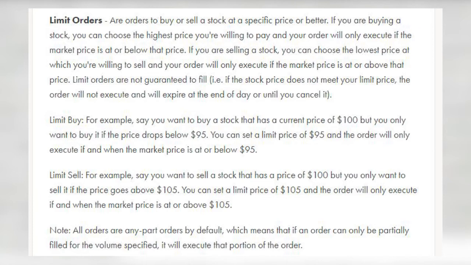The downside to limit orders is that since you set the price, the stock may never actually reach those prices and your trade might not go through, depending on, of course, what time frame you assign to the trade. On the other hand, with market orders, and putting aside that the Wealthsimple market buy is actually a limit order, generally the advantage is that they'll execute immediately as long as there's some volume in that stock, but you don't get the certainty over the price that it'll execute at.